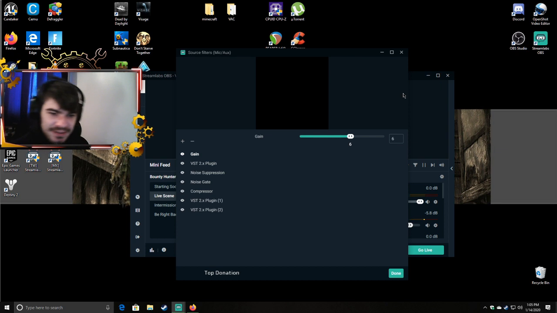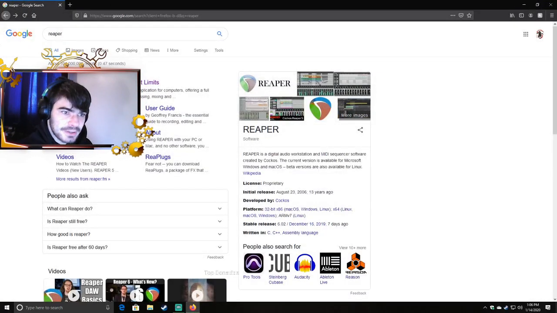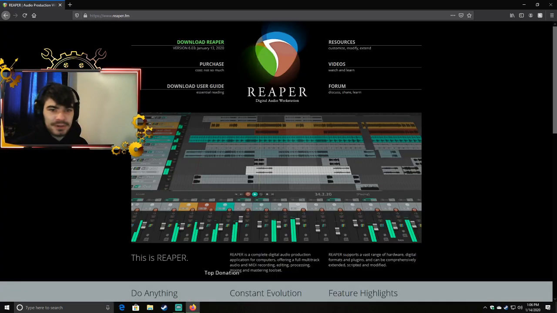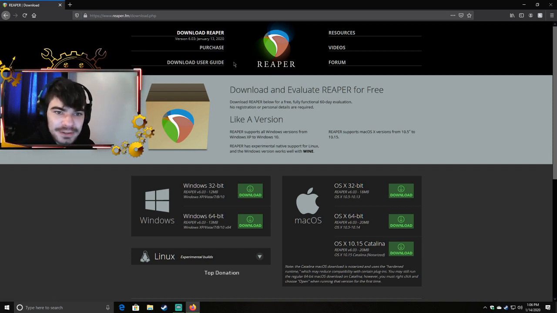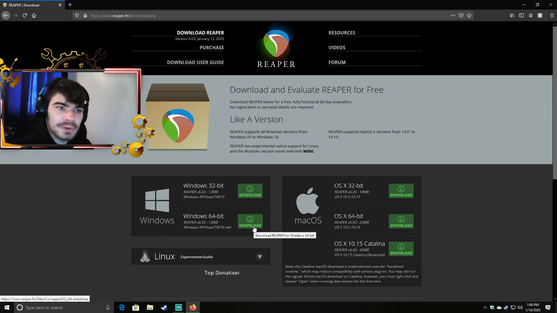Now, before we get into the VST plugins, first you're going to want to go into your search browser, Google, whatever, and search up Reaper. You want Reaper Audio Productions Without Limits. Click on it, go in, you'll see this page. So you go to download Reaper, and you do not click the top version 6.0 January 13th. Download the 64 or the 32-bit version, probably the 64 because I don't know too many people running off of 32 bits, or you can download if you're on Mac. You just download it, and it will install,